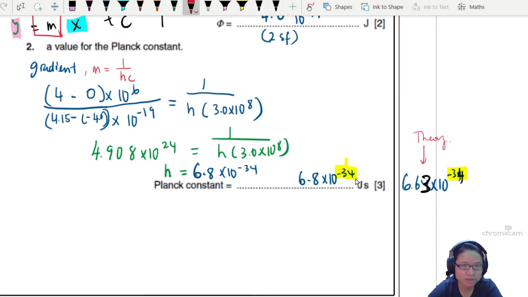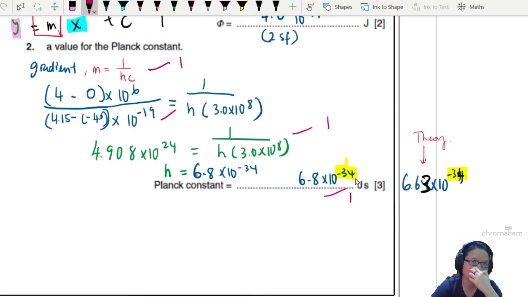Where are the marks, you ask? 1 mark is when you use the gradient to find the answer. Is it 2 marks? No, this is 1. Sorry, my bad. This is 1 mark. And then you find the gradient and you show the correct substitution, that is 1 mark. All right. So the acceptable range they accept is 6.6 to 6.9 times 10 to the power of